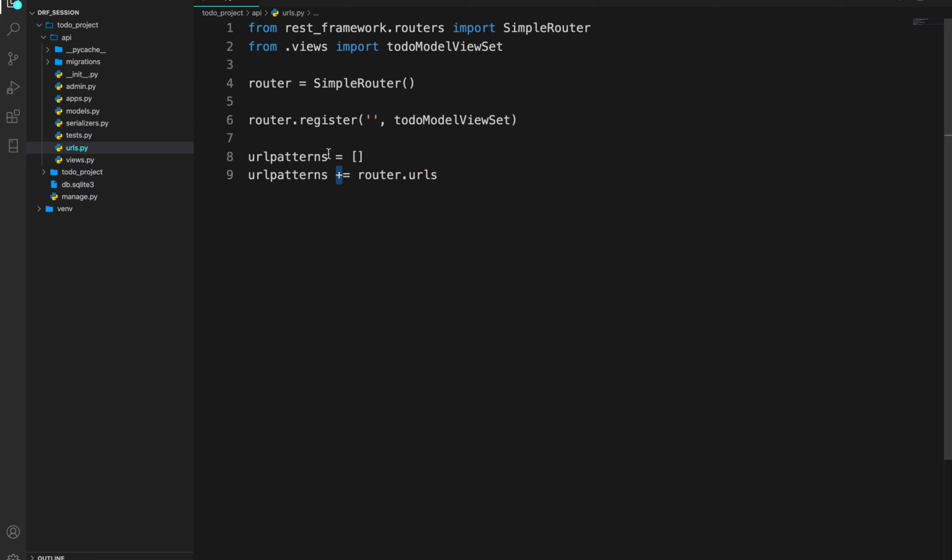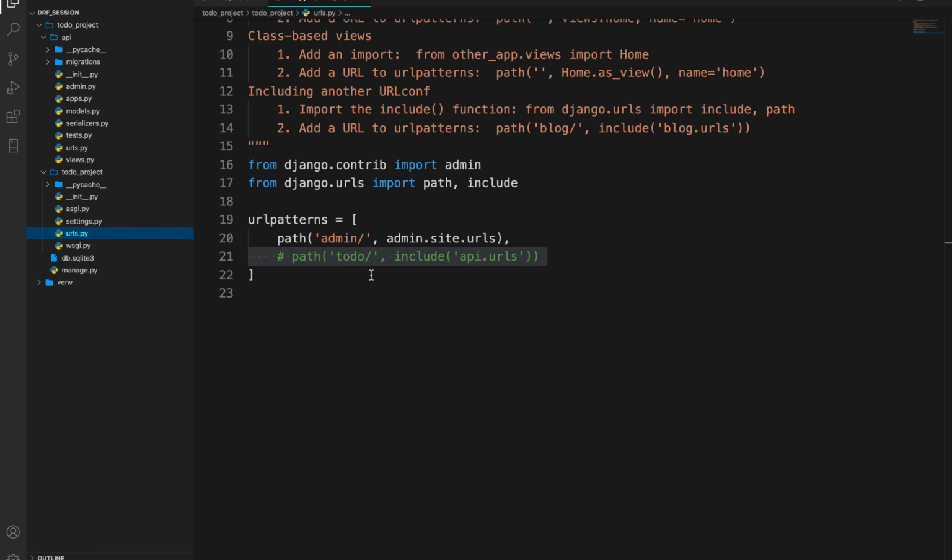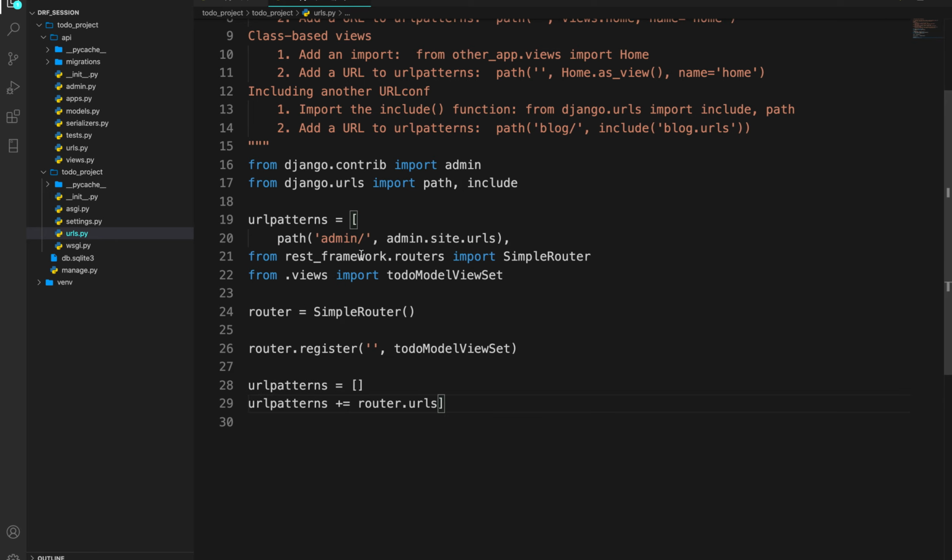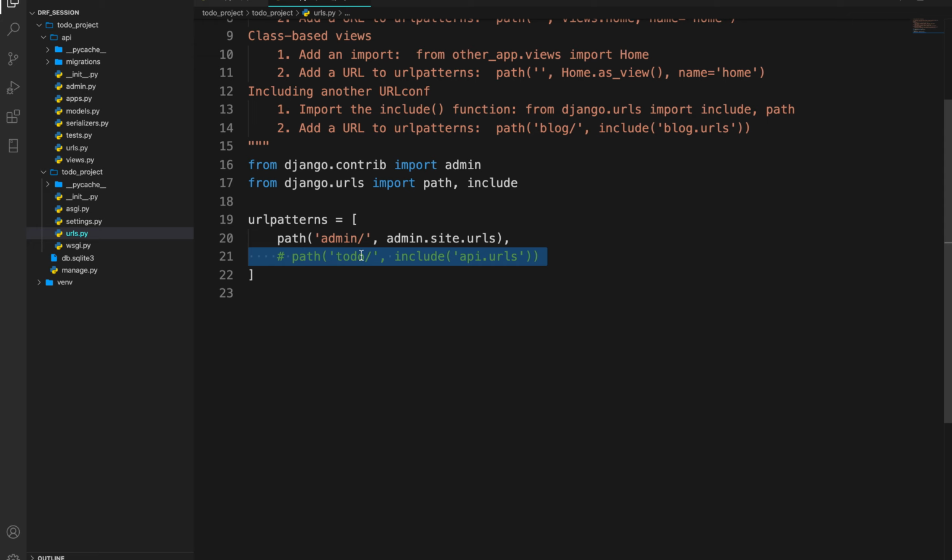Now, as this file is only restricted to this API app, these URLs are not the main URLs of the Django project. We need to go to urls.py of the Django project, and here I need to add a path, right, as we did in case of Django web. Here I need to create an endpoint todo.